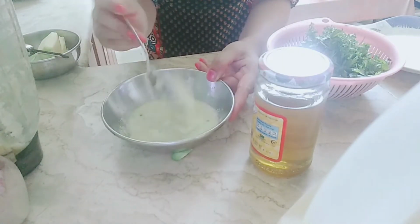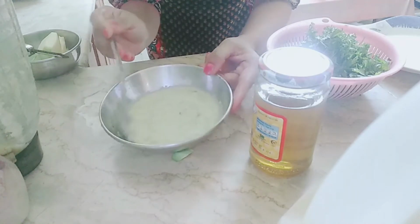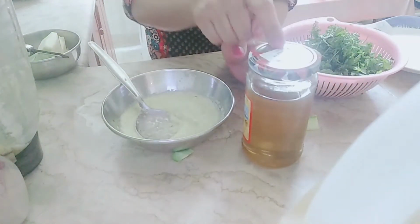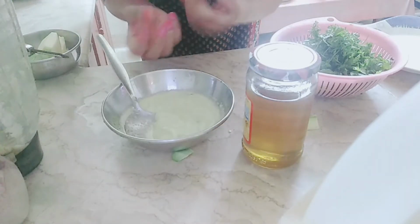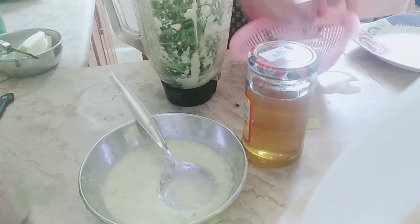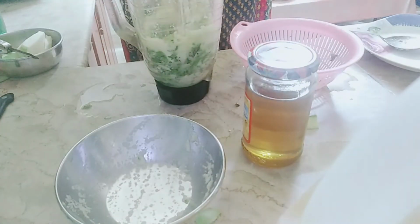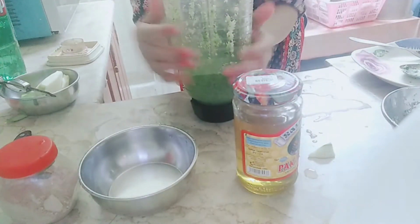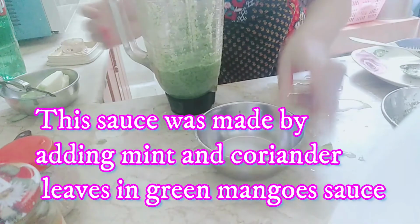This is absolutely ready. Now about taste. The taste will be sour. If you like sour taste, it's good, but if you don't like, you can add some honey into it, or if you want, you can add sugar. Not too much, but to give it a khata meetha taste, like savory and sweet taste. So now see, the sauce is ready, the chutney is absolutely ready,